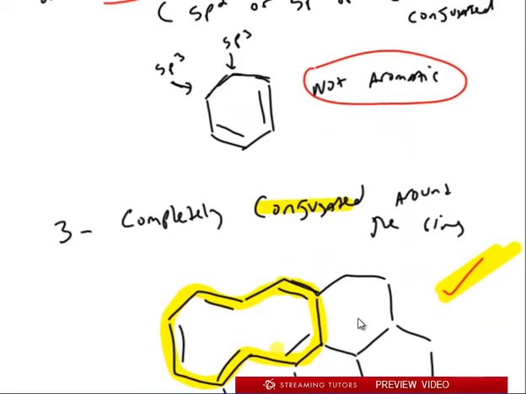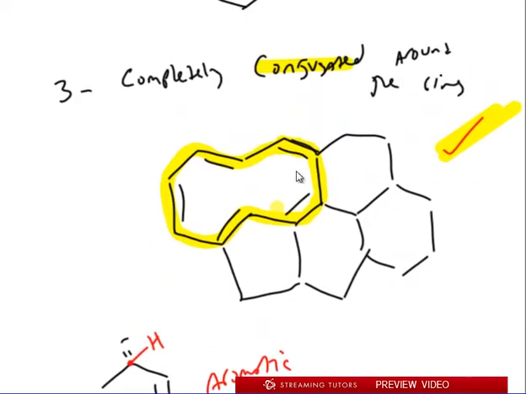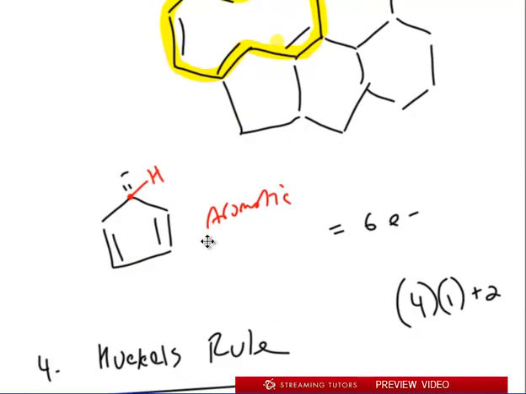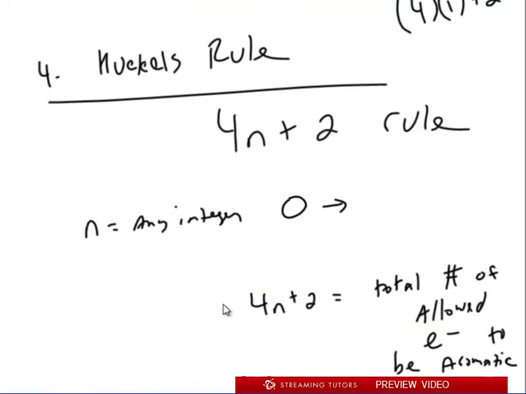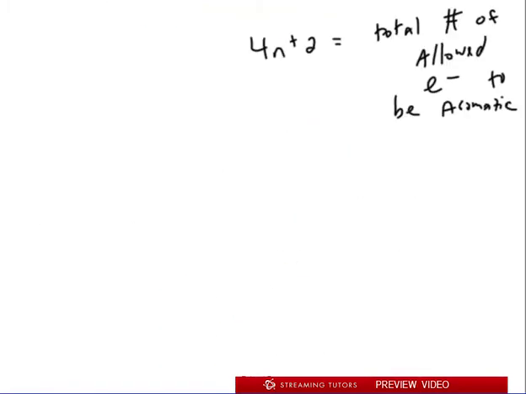Now, it's completely conjugated, right? So it's got full conjugation all the way around, and it follows Hückel's Rule. Now here's an easy way to figure out Hückel's Rule. Here's the easy